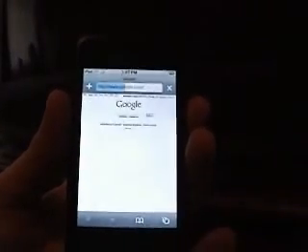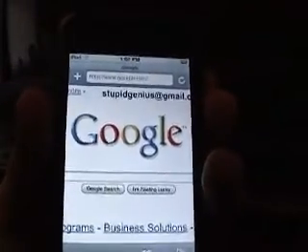Safari. Loads pretty quickly on my wireless. This is the regular Google page. This is not any sort of mobile page. You can double tap anywhere and it'll zoom into that particular part,